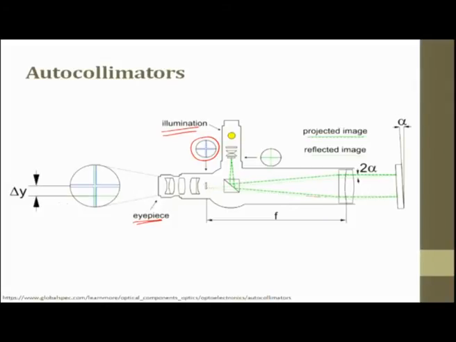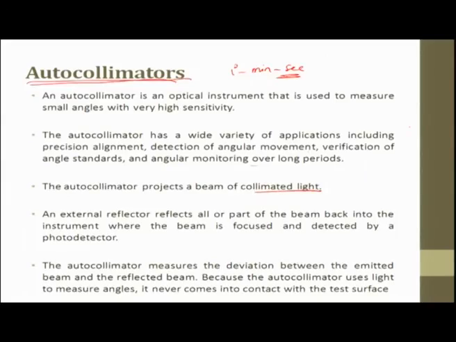If you look at it very clearly, you see the cross wire getting displaced from the center to a corner. And why is this displacement? This displacement is because the reference plate or the mirror which is kept on the workpiece, this is the workpiece, is at an angle, so reflection happens. So there is a displacement. This is the delta Y, which is used to measure the angle in terms of displacement. So very small angles can be measured using an autocollimator.